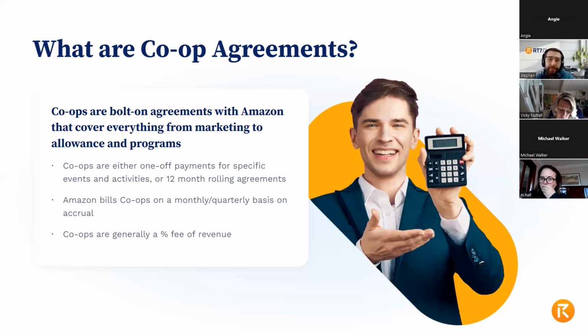Co-ops are calculated using a percentage of revenue, and they're based off the number of units that Amazon has received. So going back to what we said on the stock discrepancy piece, where Amazon misreceives the stock, the problem is that Amazon doesn't always use the correct stock figure to do this calculation. Sometimes they will use the figure of what was requested rather than what was actually received. That can effectively lead to you being billed for units that Amazon hasn't actually said they are willing to pay you for.